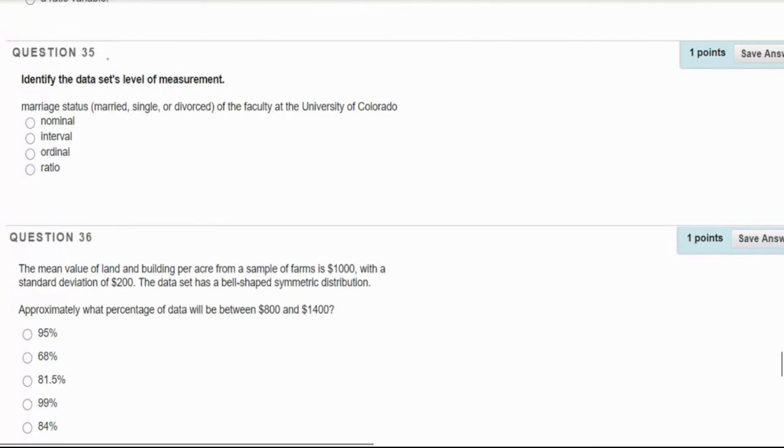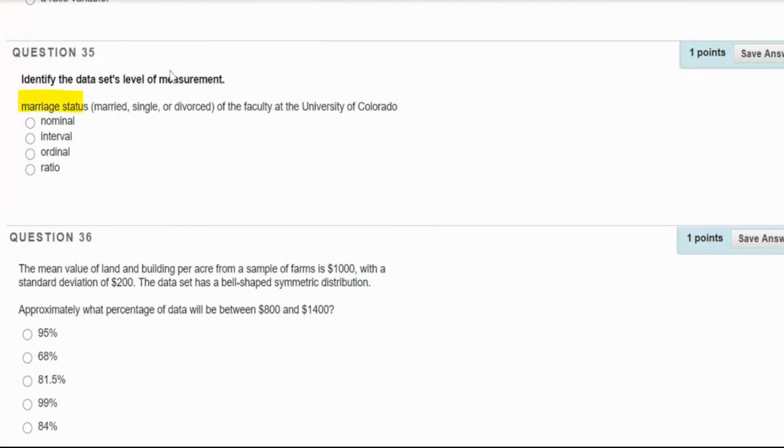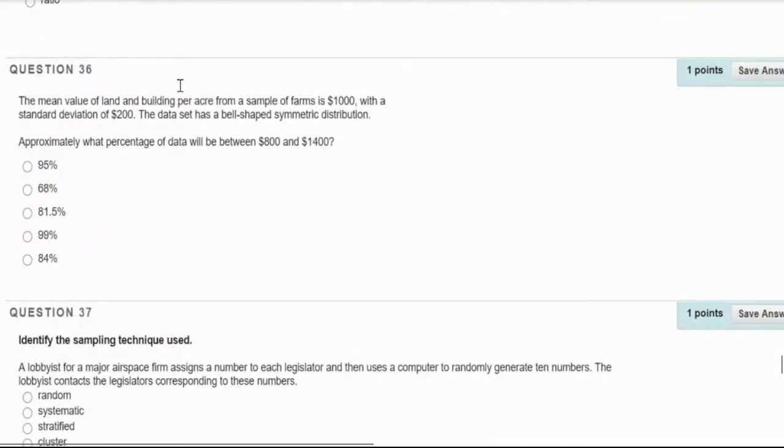Okay. So we have marital status. So could I have a suggestion? Nominal. Nominal. Good. They are just labels. They don't have any order embedded in it. Okay. Now the next one,